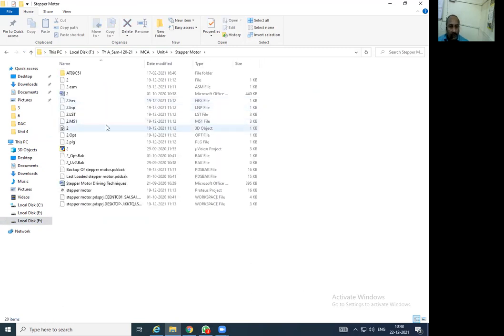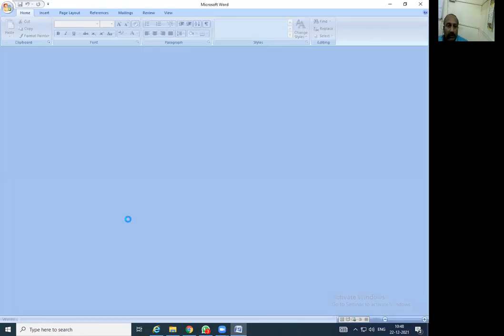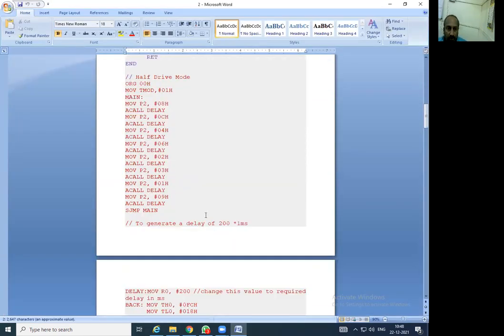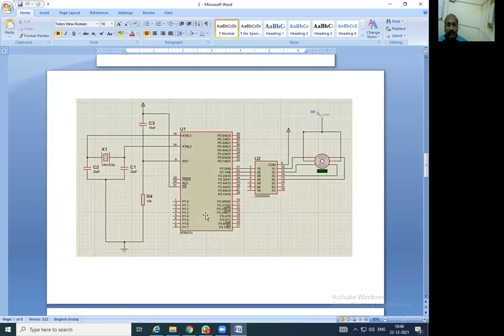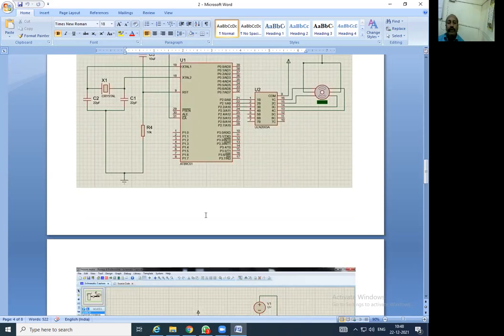Let's see the stepper motor. Already we have gone through what a stepper motor is, how it works, and the step angle and all that. So here is the connection diagram that we have to implement.